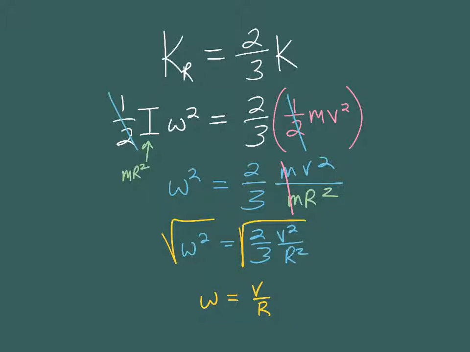It should be. That's our v equals omega r, our go from linear to angular speed. So we already have that factor coming out, but that 2/3 is stuck under the radical. So really,